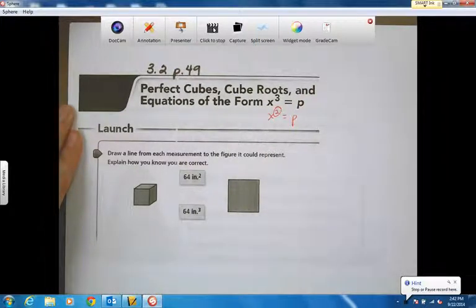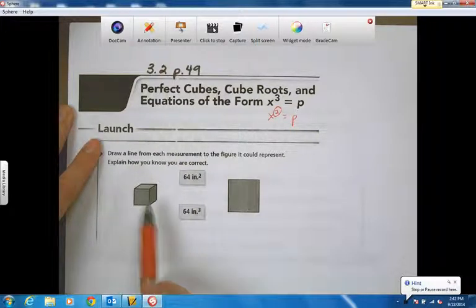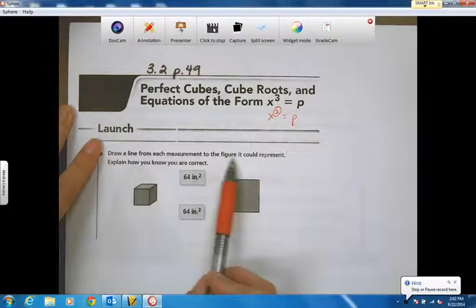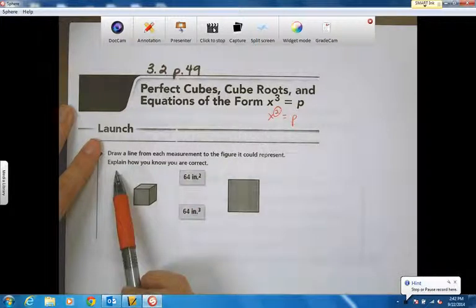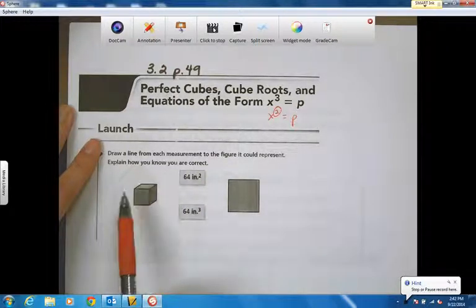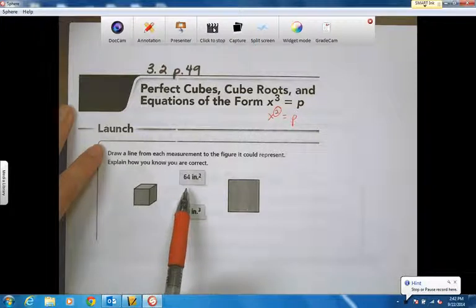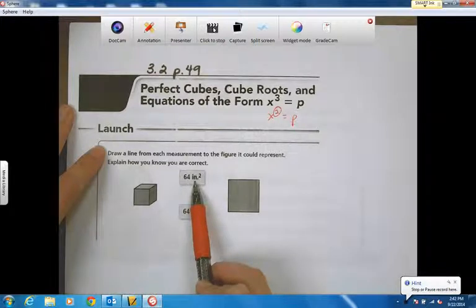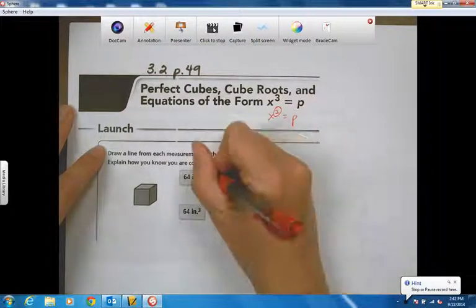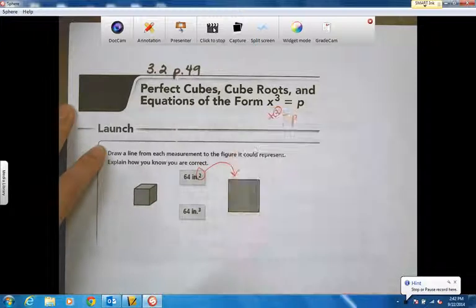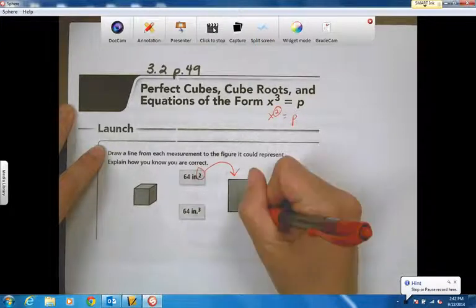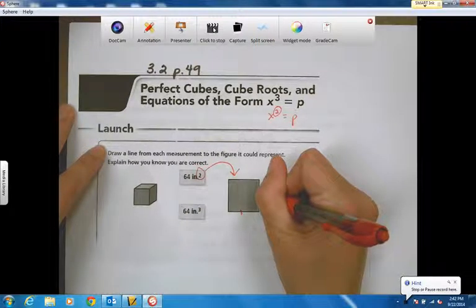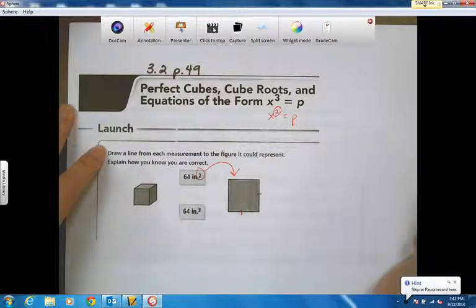So in the launch it says, draw a line from each measurement to the figure it could represent. Explain how you know that you are correct. So the first one is saying, if this is a measurement, which one would this go with? Well, this is read 64 inches squared. And this squared actually comes from a square. And what this would mean is if I was going to find what the side length of the square is, which is what you did in lesson 3.1, it means those two are the same, and that would be x